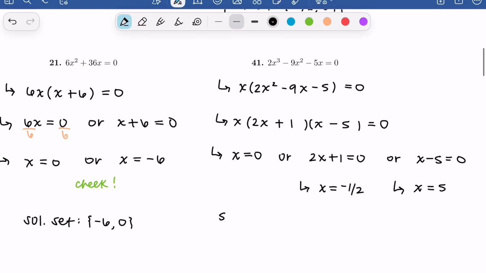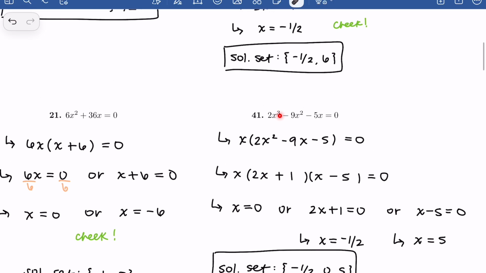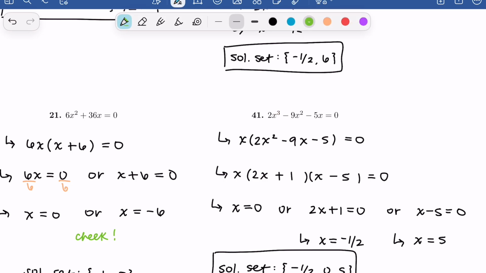So our solution set is then going to consist of 3 solutions. We're going to have -1/2, 0, and 5. Now, in this case, remember we were dealing with a third degree trinomial. So this is kind of an indication that we're going to end up with 3 solutions and we're dealing with a third degree equation. And per usual, don't forget to check